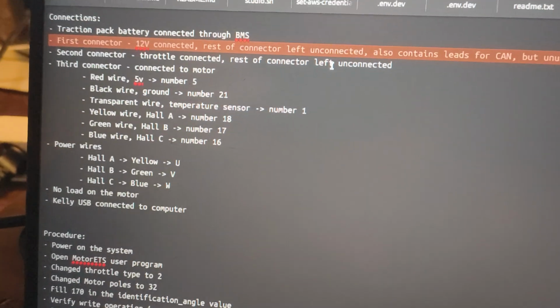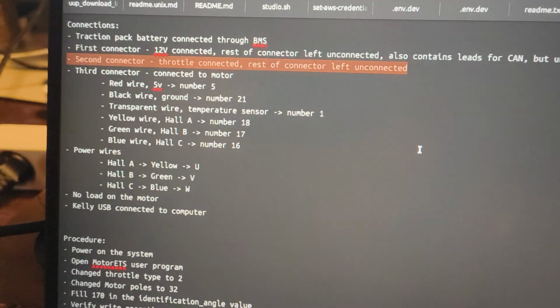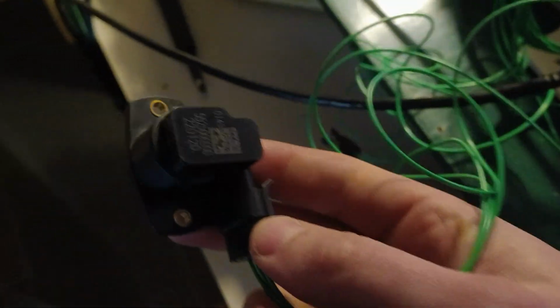Next connection we made is the second connector. We connected the throttle. The rest of the connector is left unconnected, which you can see here. This is my throttle. It's just a bare Hall sensor right now, connected through this